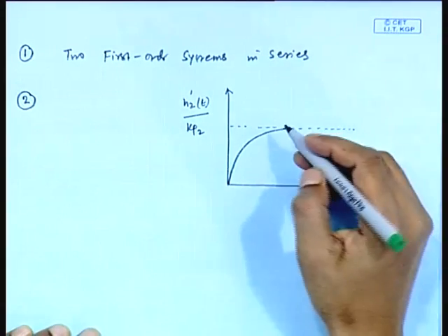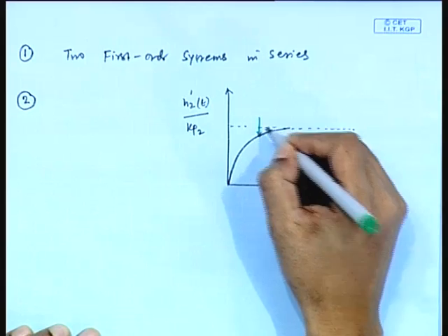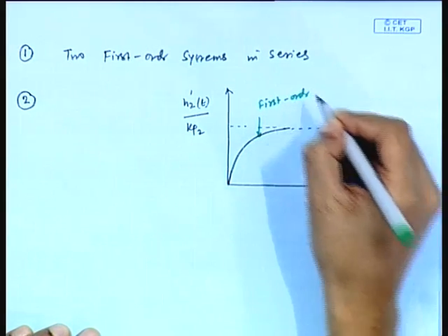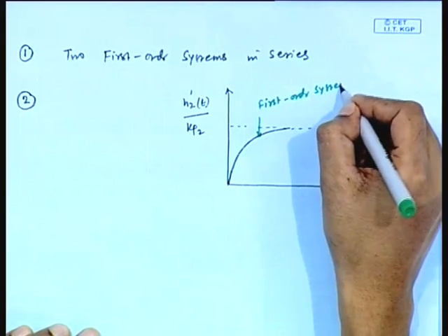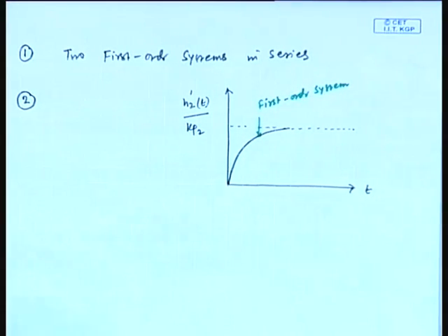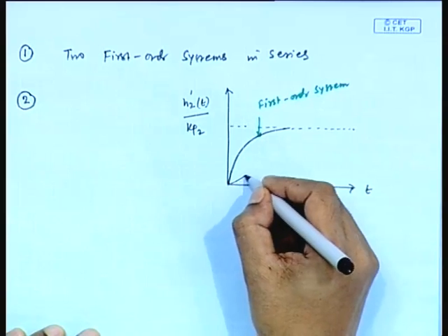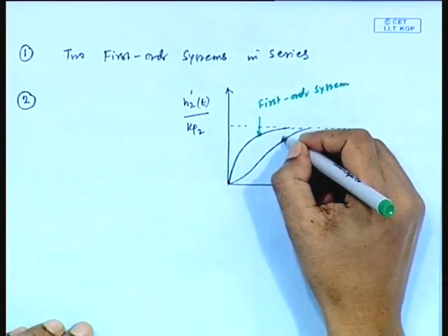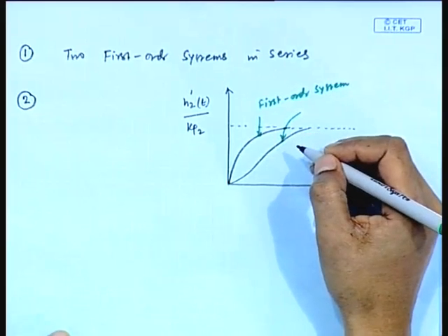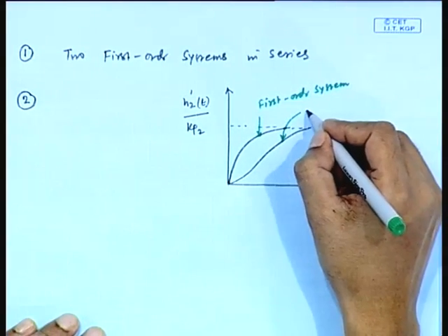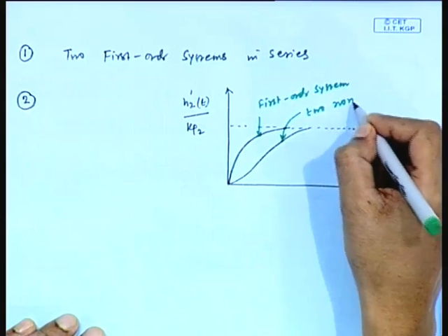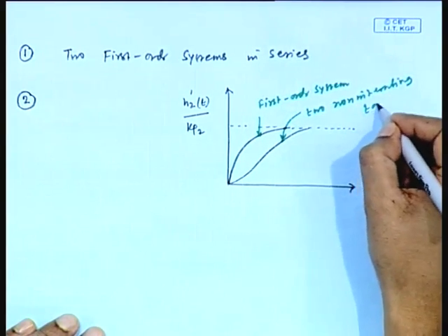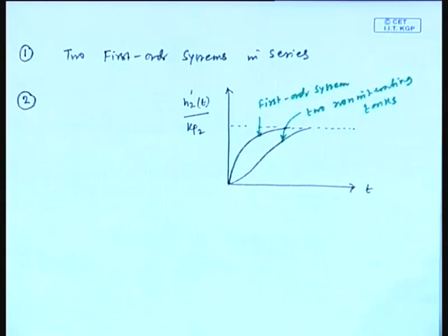This is for first order system. This is the dynamics of first order system. This is the dynamics of second order or two non-interacting tanks system,